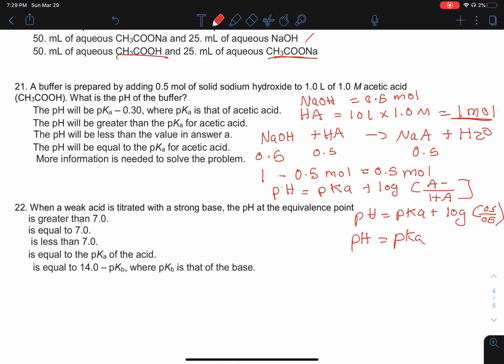Okay, so then the pH is equal to the pKa, and that's when you know that something is at a buffer, like when the pH is equal to the pKa. So again,